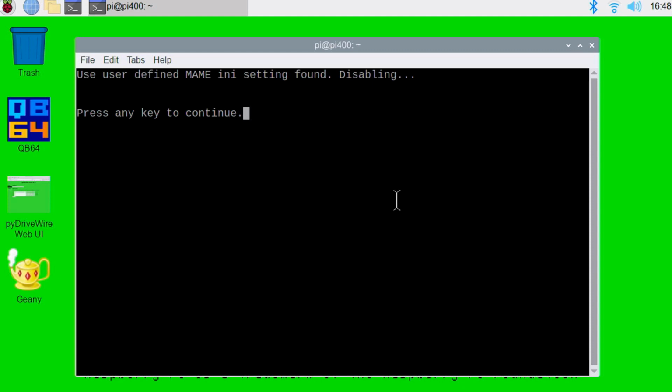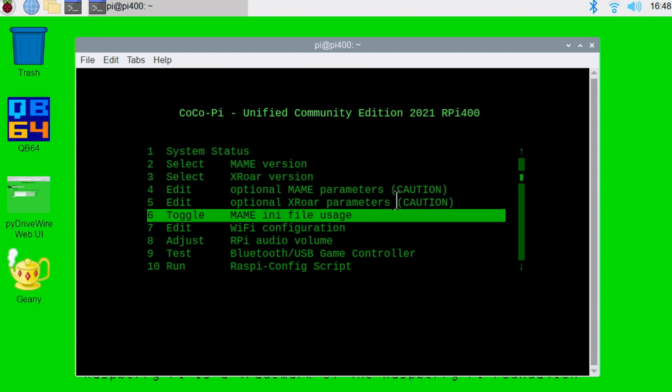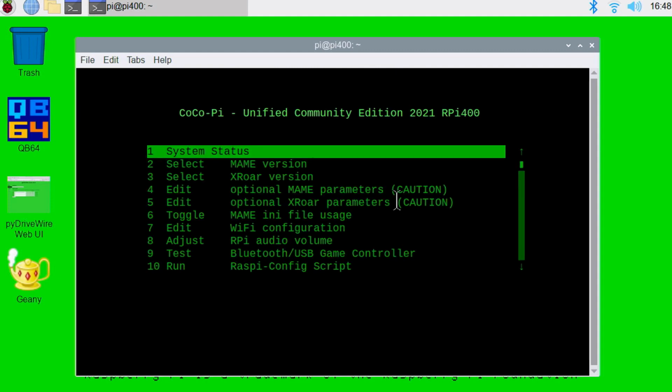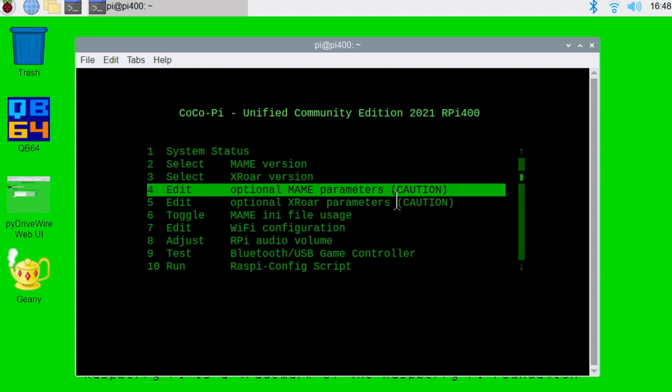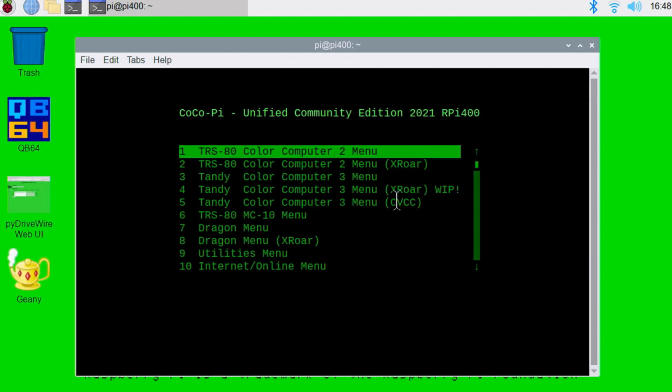And it says right now the MAME ini file is found, and it's going to disable. So I think I actually have to run that twice, because we want that to say enabled. Depending on where you were when you started this, you were either enabled or disabled, but you want it to say enabled. So when it says enabled, that means you are now able to make changes and have those changes stick. We can now get out of the main menu, and we can just pull up a Color Computer 2